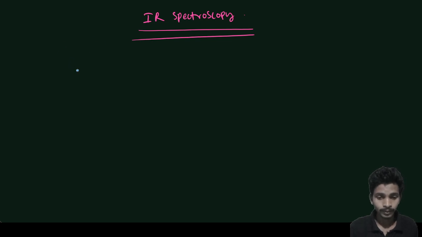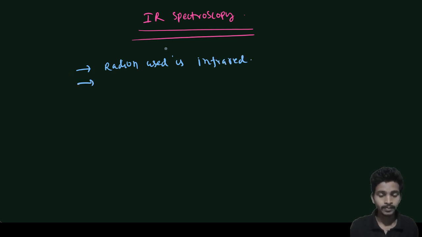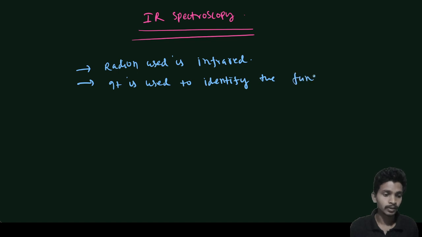In this IR spectroscopy, the radiation used is infrared, and IR spectroscopy is used to identify the functional group. And in IR spectroscopy, what you see is that